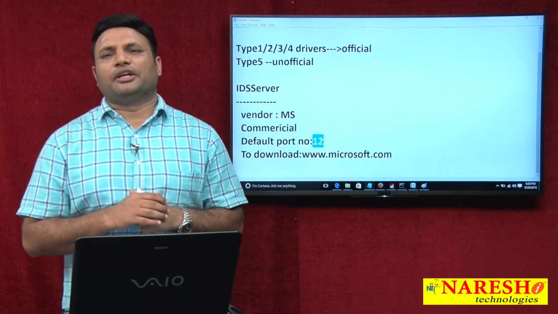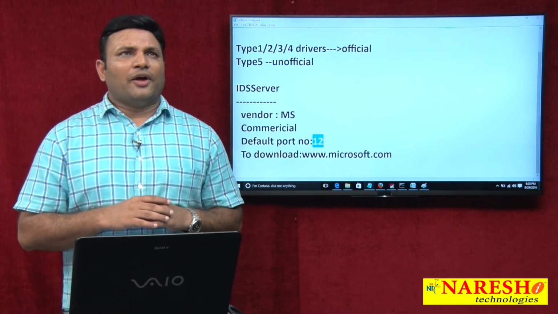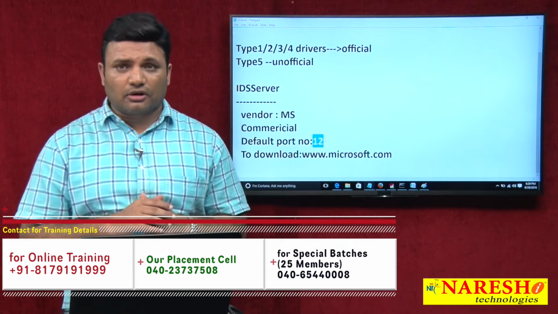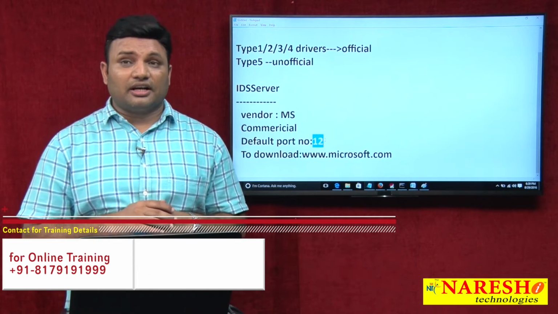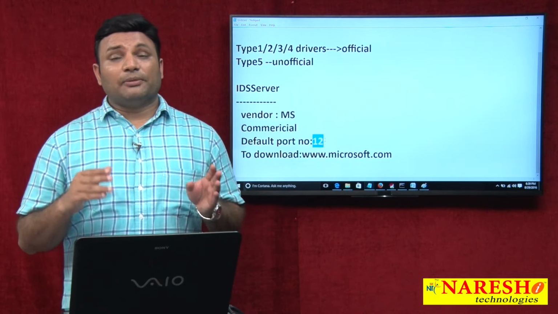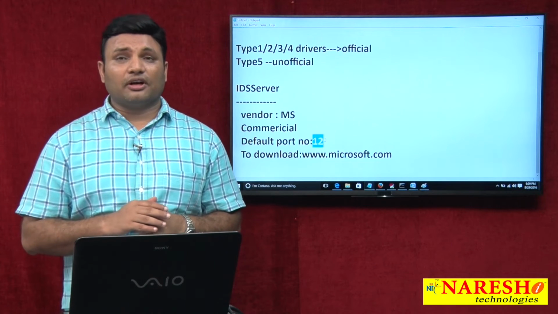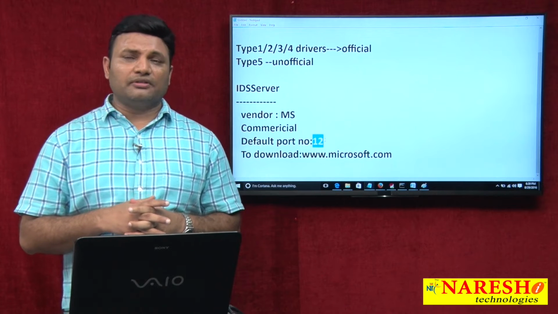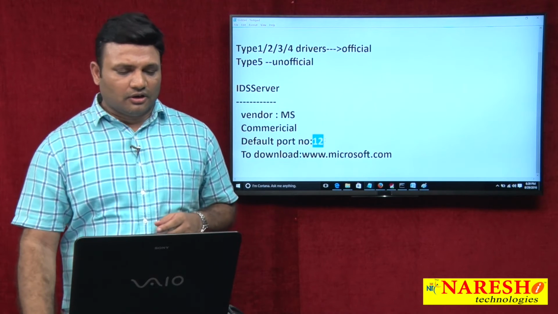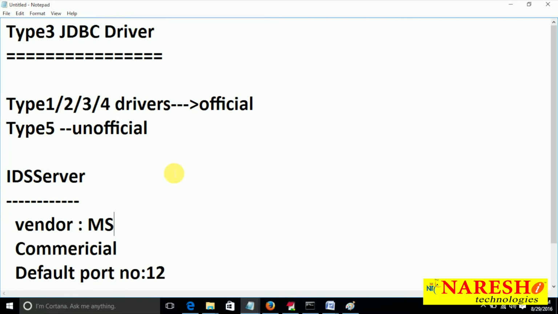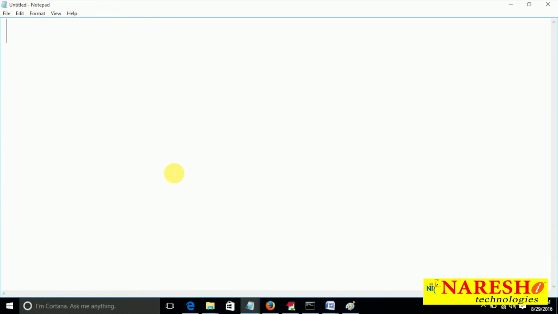What is that application? I want to use a type 3 driver to talk with MS Access database software, with a type 3 driver and an ODBC driver for MS Access. So let me start designing the application. Now I would like to develop an example application